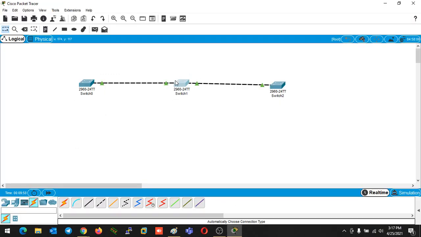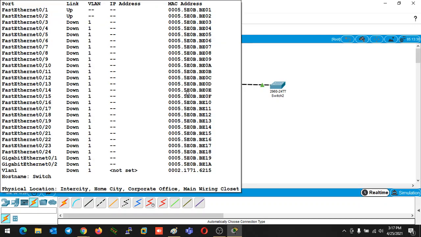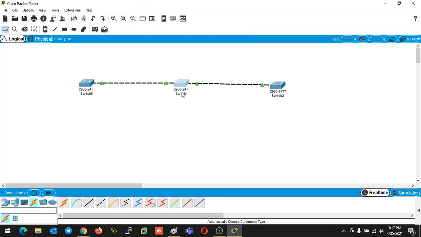Our second switch was earlier working as a server switch. That's why, whenever I configured the domain name on the first switch, switch number 0, it started sending a BTP message because the link was a trunk link. So when the switch number 1 received the BTP message, its mode was server. Server mode switches, whenever they receive any BTP update, first implement it themselves and then pass the message to the other device. They did the same thing. As the domain name was null, first of all they inherited the domain name. It configured the domain name from that message to itself. After that it accepted the BTP update and everything. The same thing you will also see here.